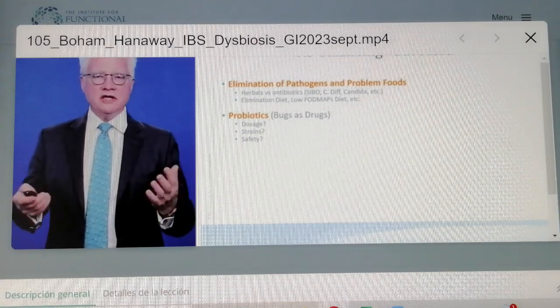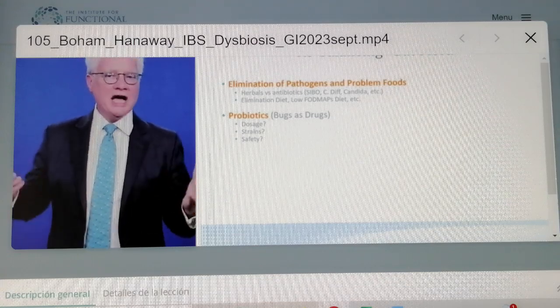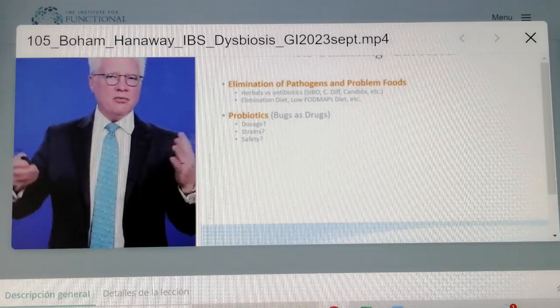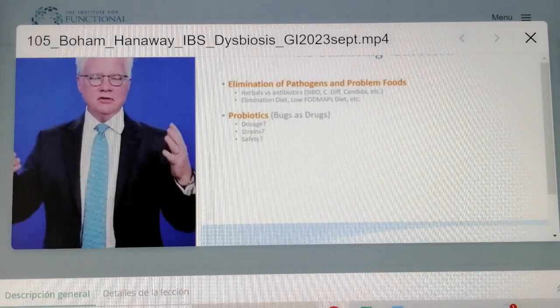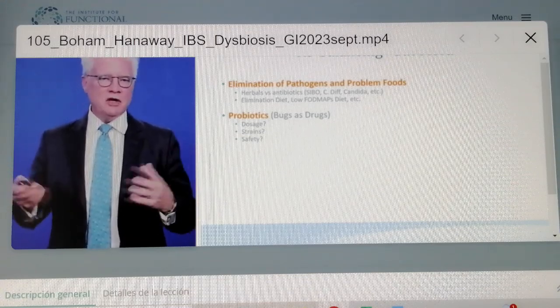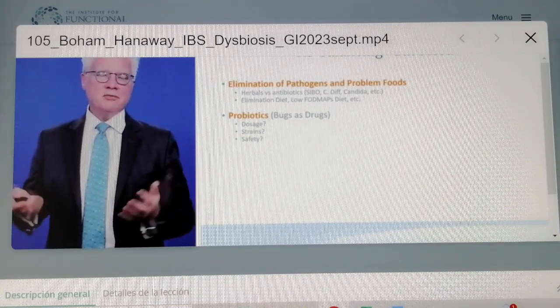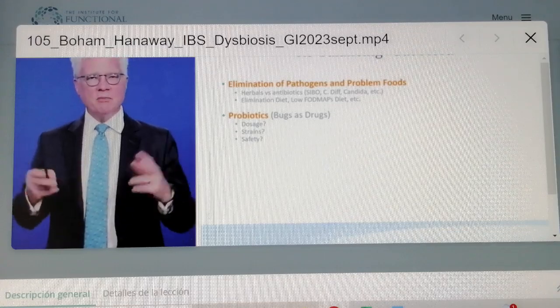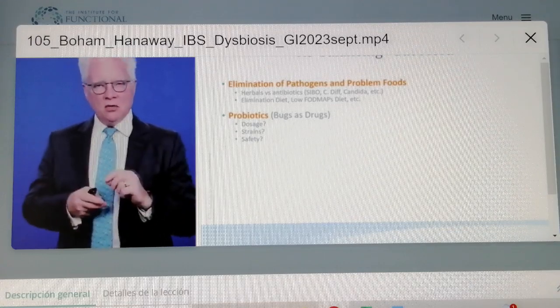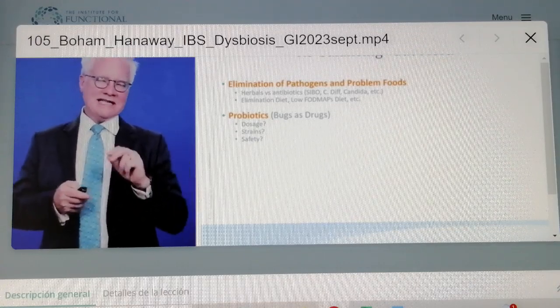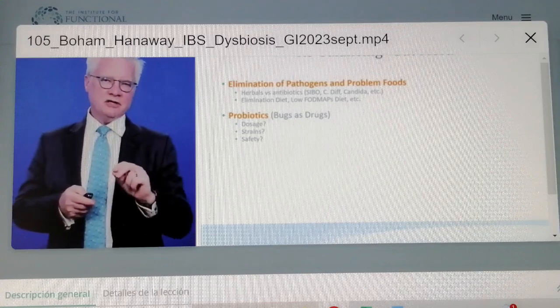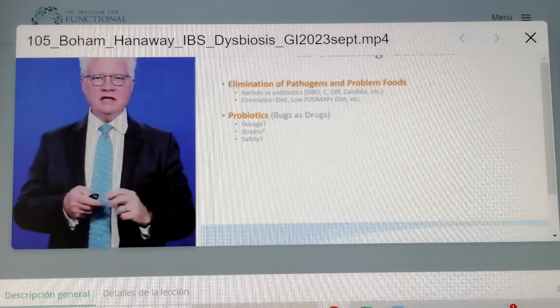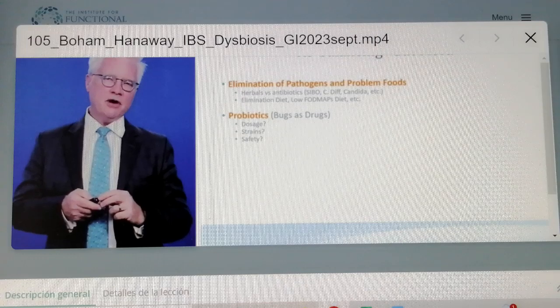We can use those things that are going to eliminate potential pathogens or problematic foods. We're going to use the elimination diet. We're going to remove. We're going to consider probiotics. I like to use the term bugs as drugs, because what we're going to find with probiotics is the non-specific administration of them, just as we heard from the ACG IBS clinical practice guidelines,